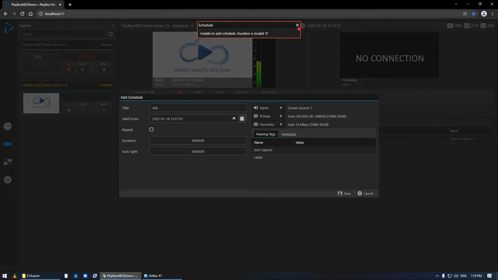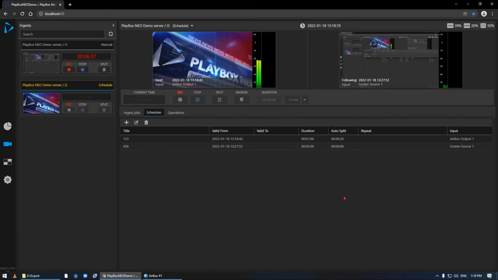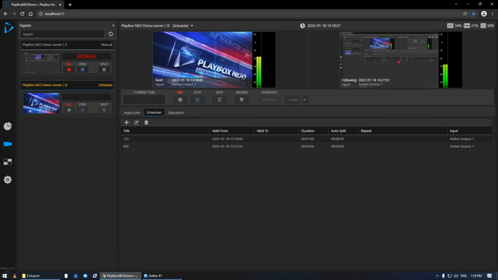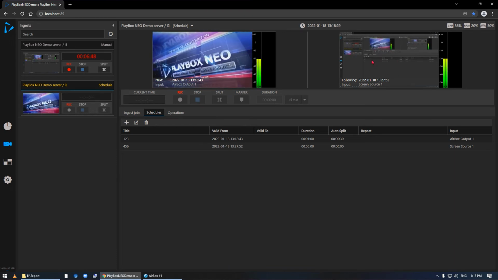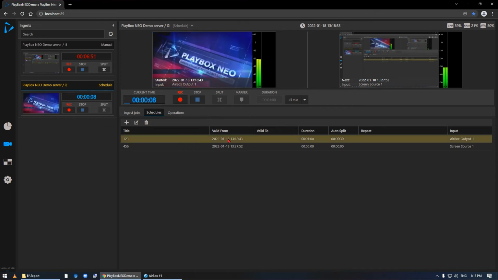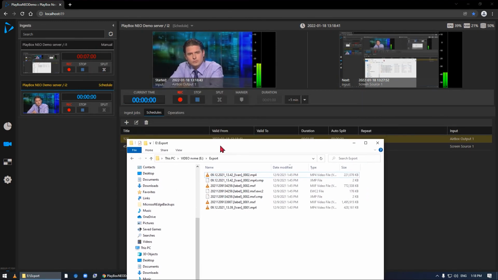It tells me that I didn't put duration. Of course, you have to put some duration. Let's say 5 minutes. Save. So now you see this is the schedule that we're expecting to be captured, and this is the next job coming right after it. So any second right now we'll have, here it is. It started the capturing on the time, and let me open my export folder,